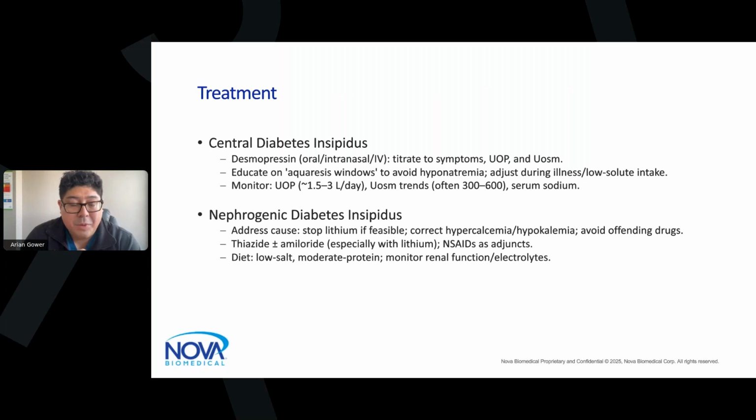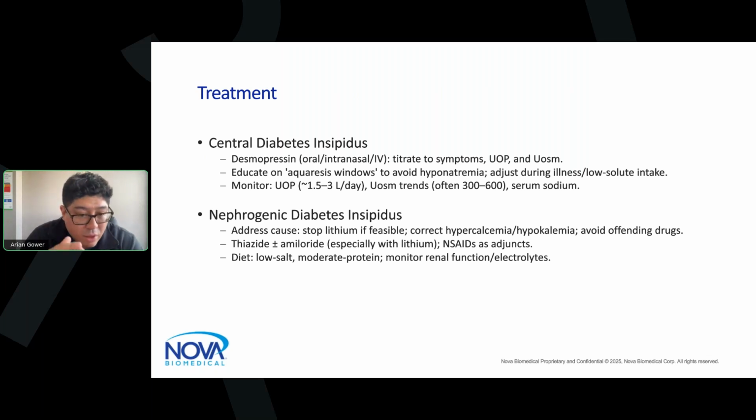Treatment options. The reason why testing is so important is because we need to figure out the etiology, distinguishing between nephrogenic and central DI. The reason is their treatment options are quite different. In central DI, you give the body what it's missing. In this case, you can administer desmopressin orally, intranasally, or even through IV to help titrate the appropriate output you can expect, and monitor the urine osmolarity for a patient and try to achieve a goal of appropriate urine output